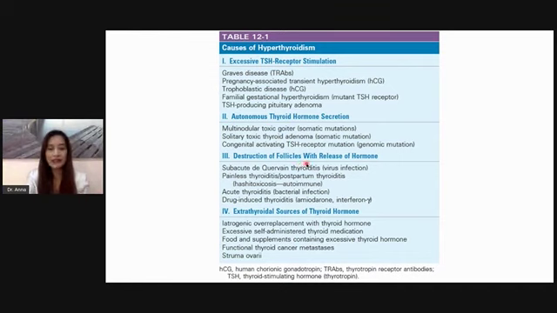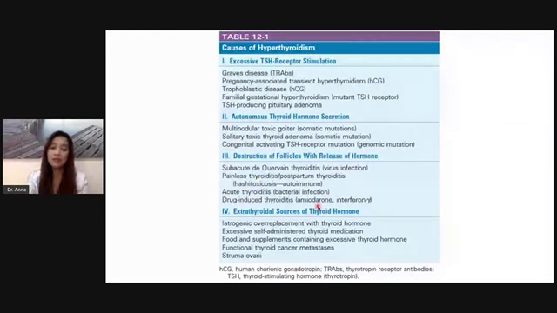The third class of disorders that cause hyperthyroidism are destruction of follicles with release of hormones. This is actually not hyperthyroidism per se, more of thyrotoxicosis. So these are your thyroiditis conditions. You have subacute granulomatous thyroiditis, usually after a viral infection. You can have silent thyroiditis or even postpartum thyroiditis, or acute thyroiditis from a bacterial infection, or drug-induced thyroiditis from